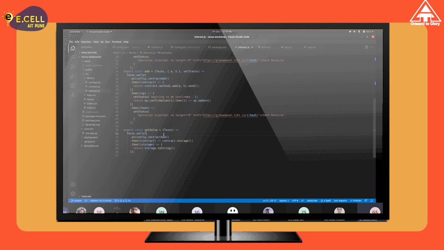And once I have the storage, I can read the data from the storage. In our case, we have a very simple storage that is just a single integer, so we can do this. But if you have a more complex storage that has multiple values, then you probably need to parse the storage and specifically take the data that you need from the storage data that you're getting. So yeah, that's mostly it.